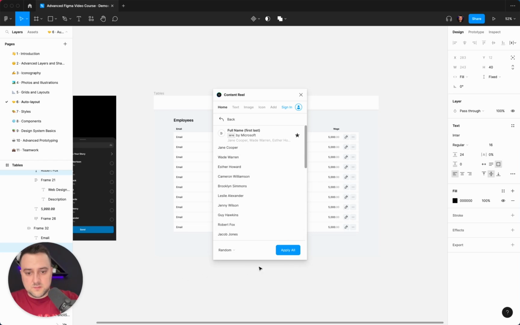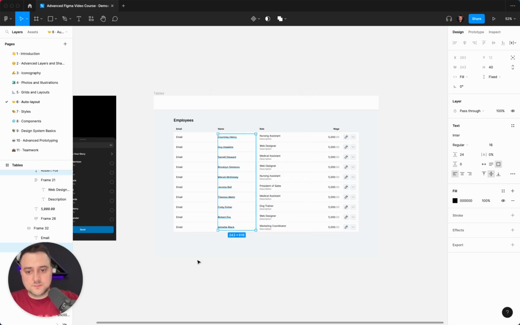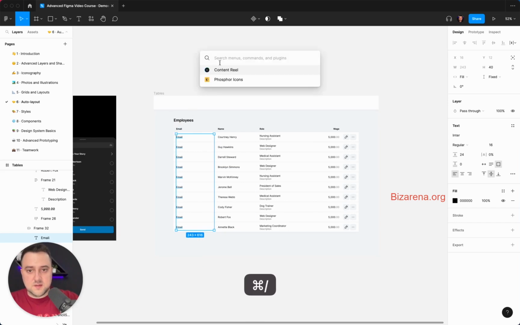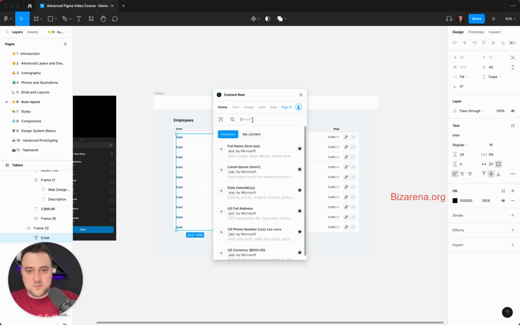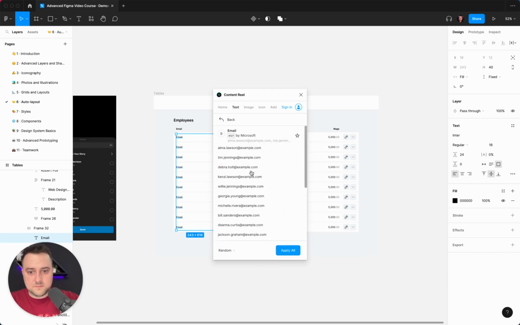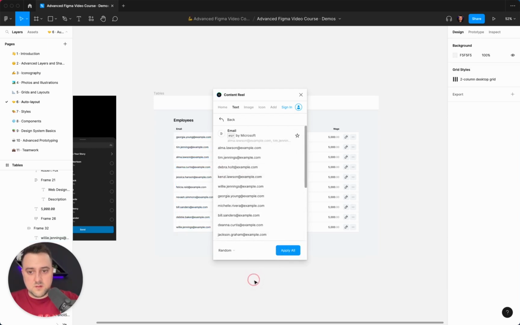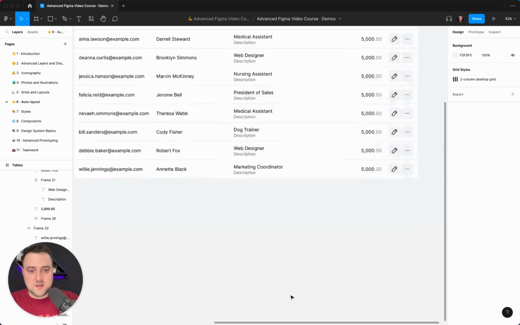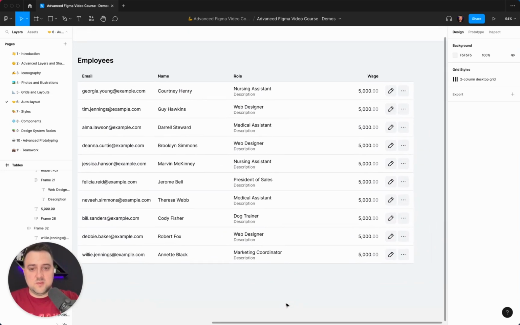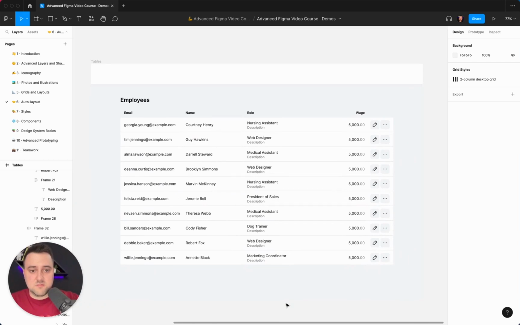Apply all. For all of these, I'm gonna go inside content reel and I'm gonna put in email. Apply all. And you can see how we basically fill the table with a lot of these things pretty quickly,